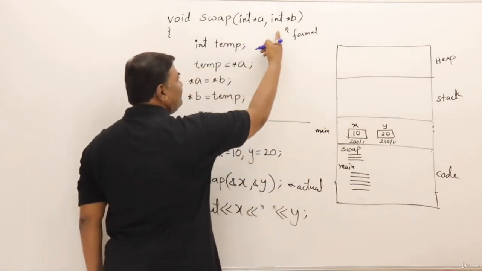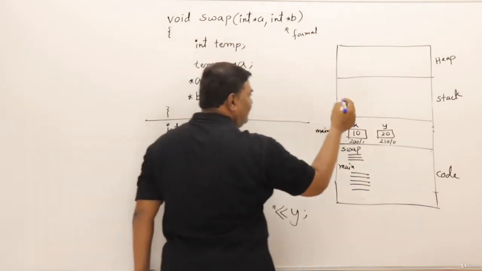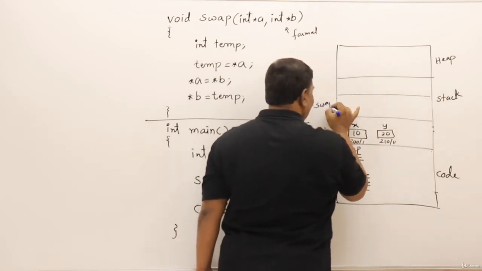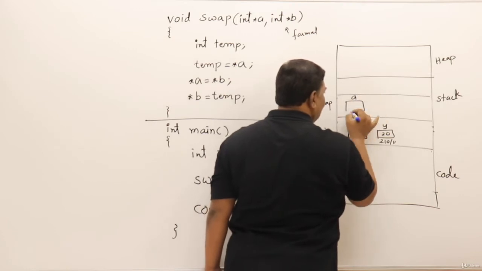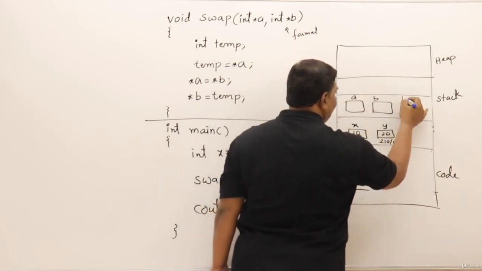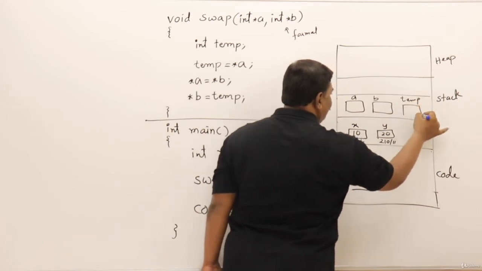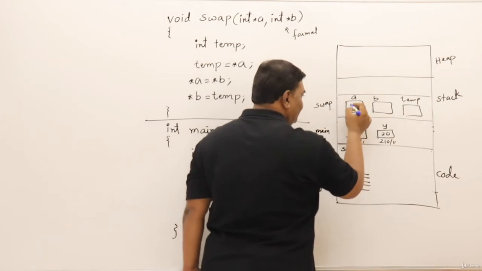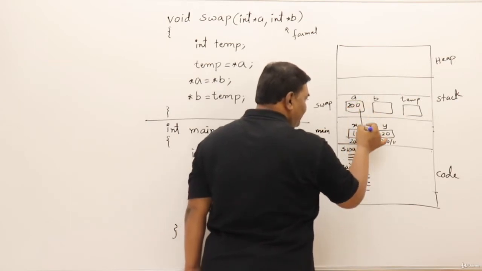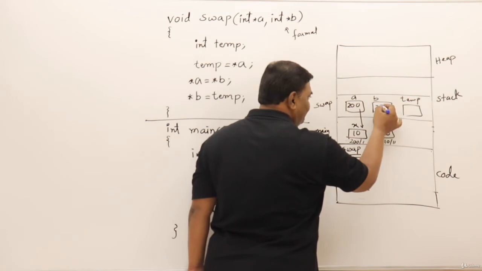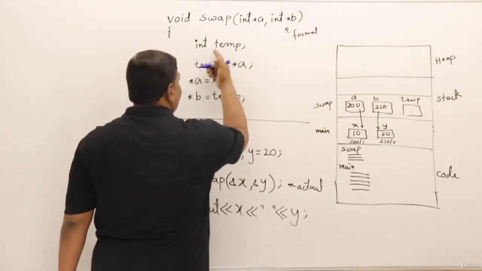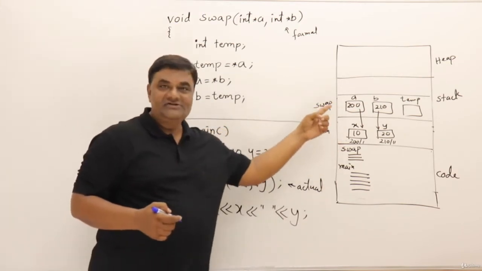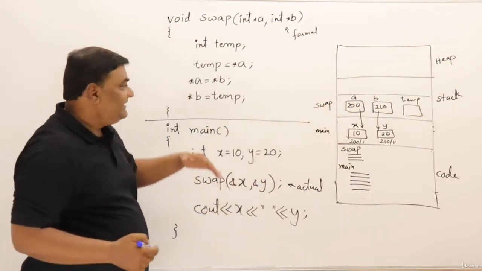So who are A and B and temp? These are the variables of swap. So the activation record for swap is also created. This is for swap and it will have the variables A, B and temp. Now what is copied in A? What is being passed from here? Ampersand. So address of A is copied here, that is 200. It means this is a pointer to this one. So 210, it's a pointer to this one. Temp is a normal data variable. Now the function is called. Already we have seen that the activation records are created. Now let us see next what happens.